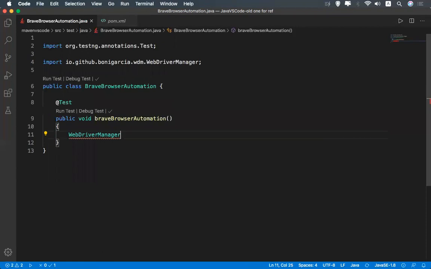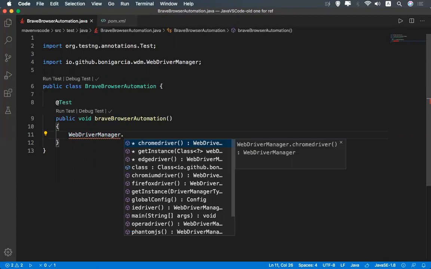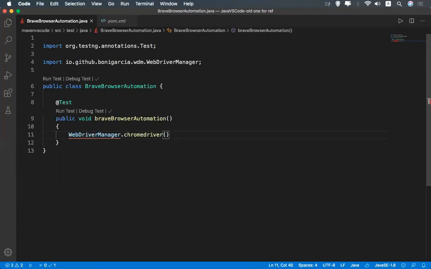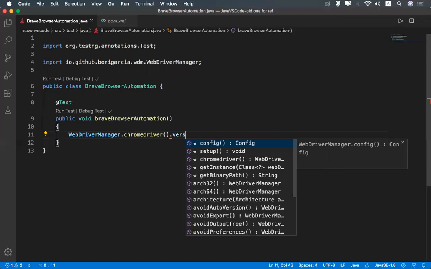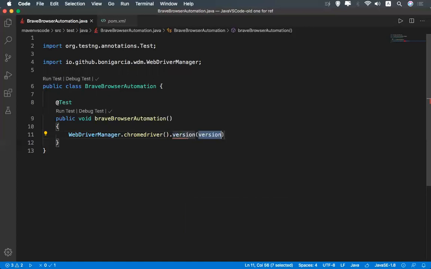For the Brave browser, you need to use the Chrome driver only, since it is on top of Chromium. And one more thing: you need to mention the version, which should be compatible with your chromedriver.exe. You will take the chromedriver.exe, right? So that you need to match.